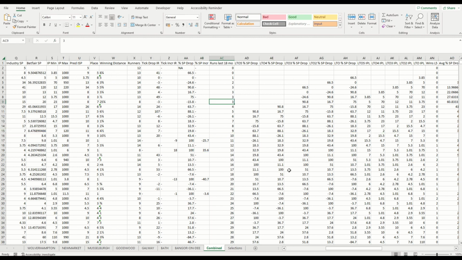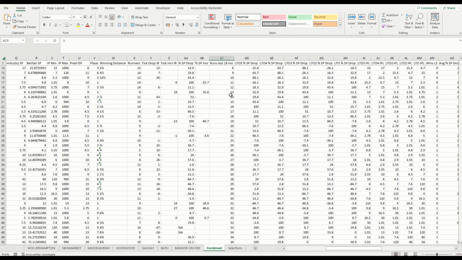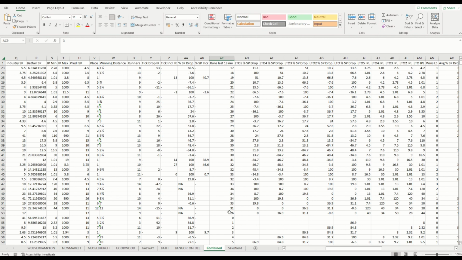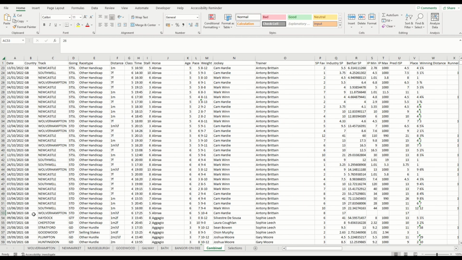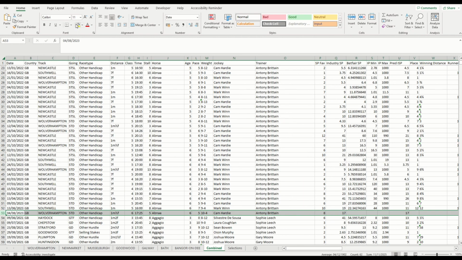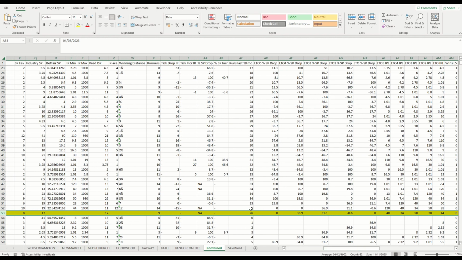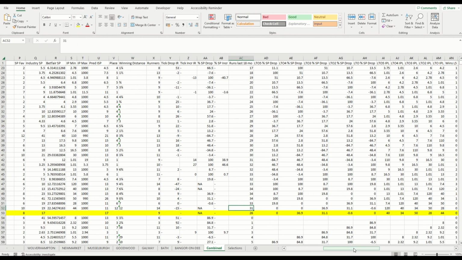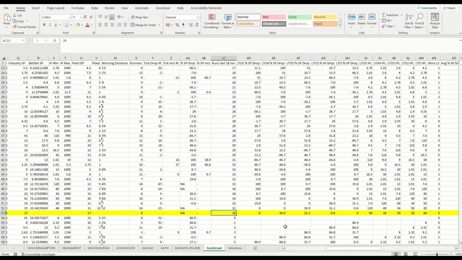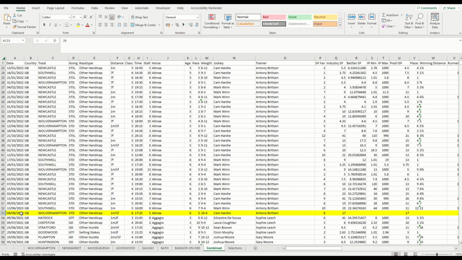Runs in the last 18 months. So this changes per line. So you'll see generally these will increase, but if I find Abnar for today, I'm just going to highlight that one and move over. So you can see here that it had 31 runs in the last 18 months in its previous race, but it's gone down to 26. Well, that's because there's been a gap of just under 2 months between the last two